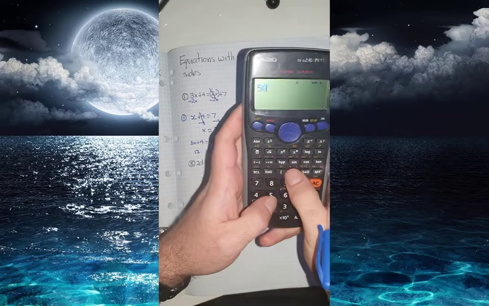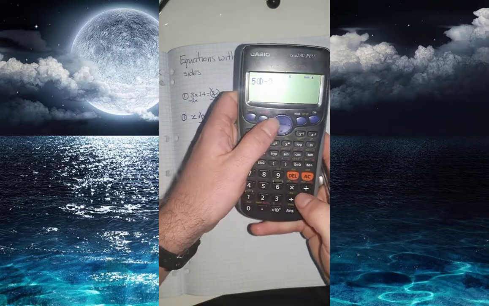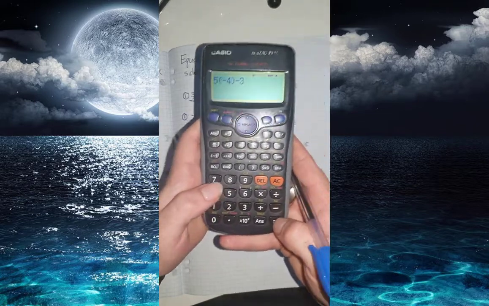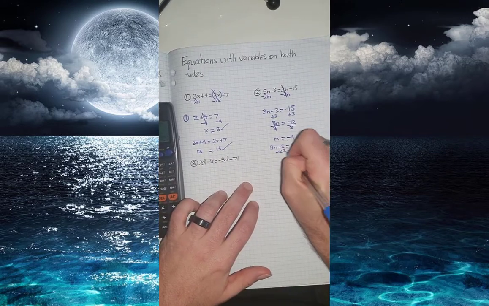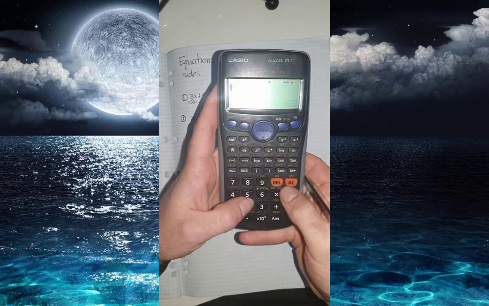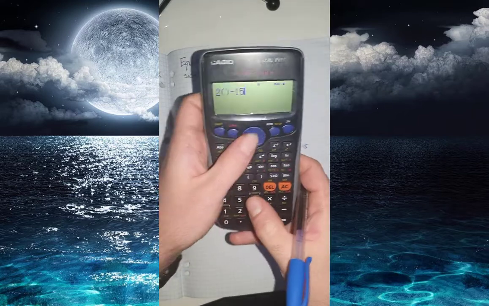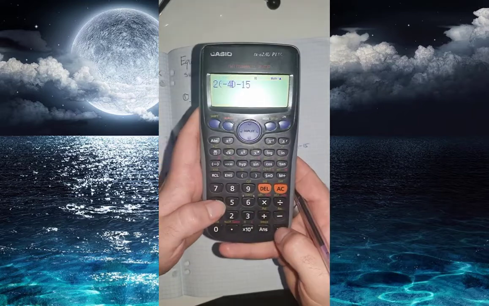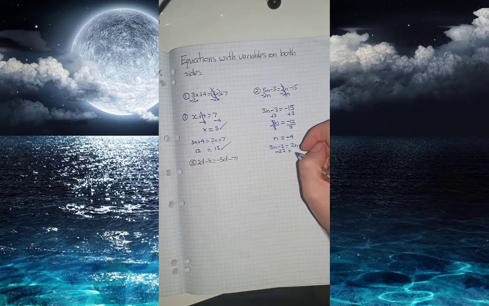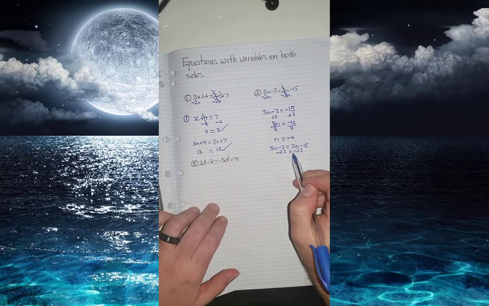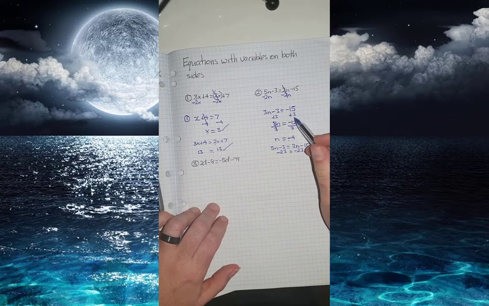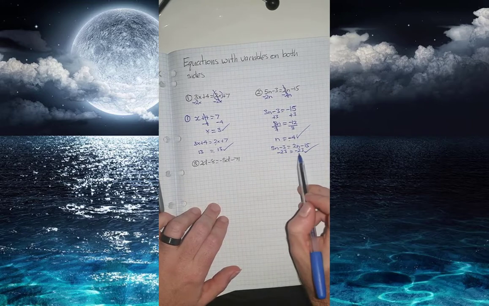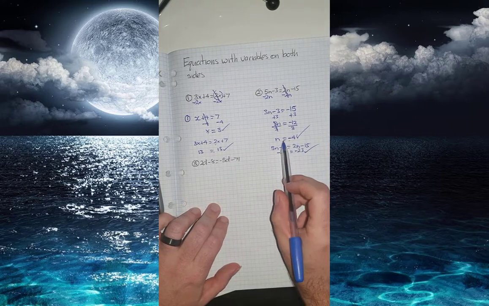So 5 bracket bracket 3. In between the brackets, let's put our answer, so negative 4. So I got negative 23. Now 2 bracket bracket. Again, let's put our answer in. Minus 23. This side equals this side. They're the same number. If you get a different number, you've done something wrong up here and you have to go back and have a look at it. So that means, in this case where it is the same number, I've gotten my answer